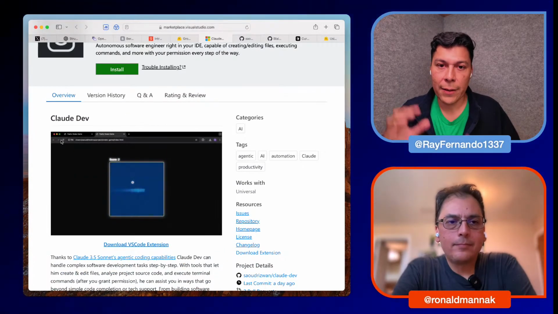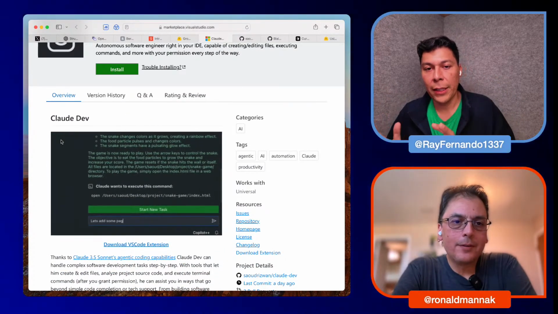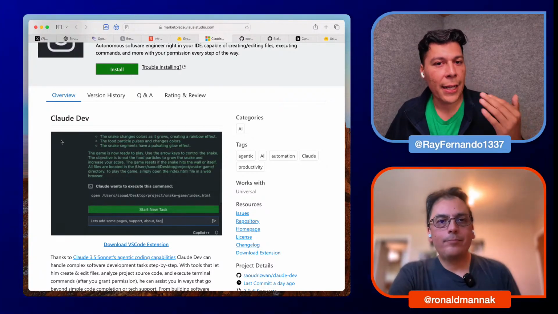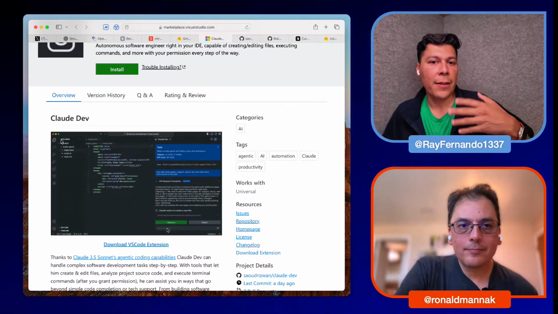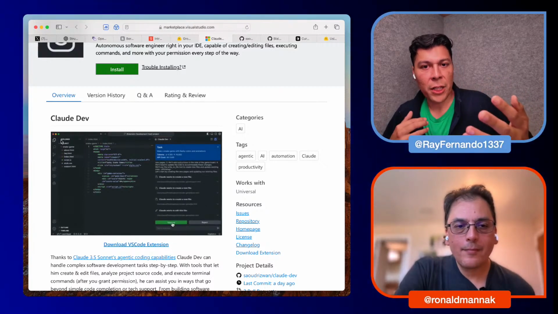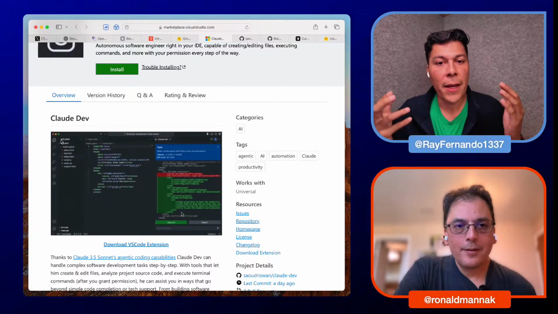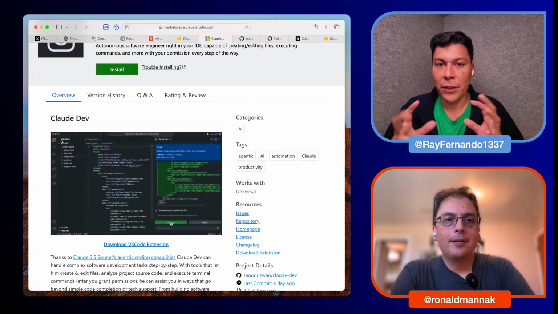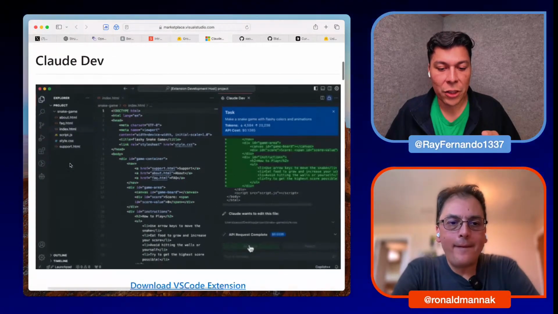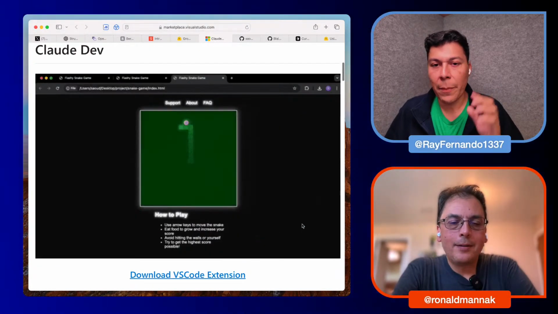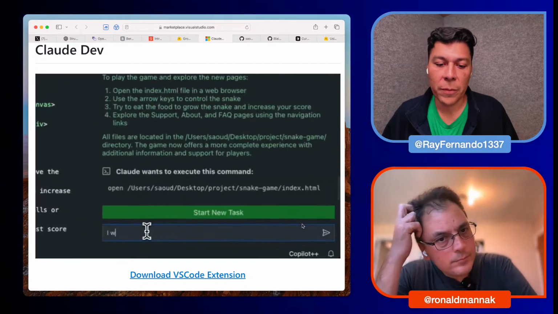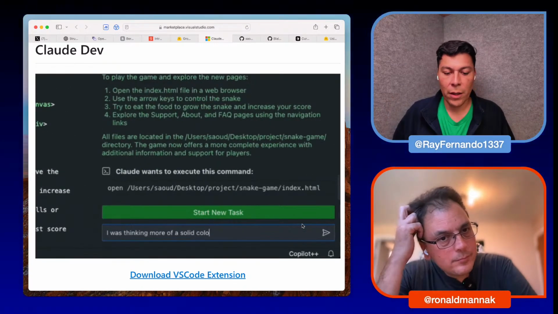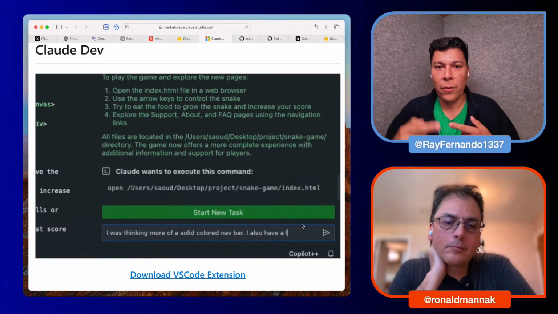This is a VS Code plugin that can go into your VS Code, and it has very similar features to what I was explaining for Cursor. It has its own chat, but also its own agentic workflow. That means you can tell it, I want to generate X, and it generates the code for you in the chat, but it doesn't insert it yet. It asks you, do you want to put it into the actual workspace? So you can have this turn-by-turn iteration.